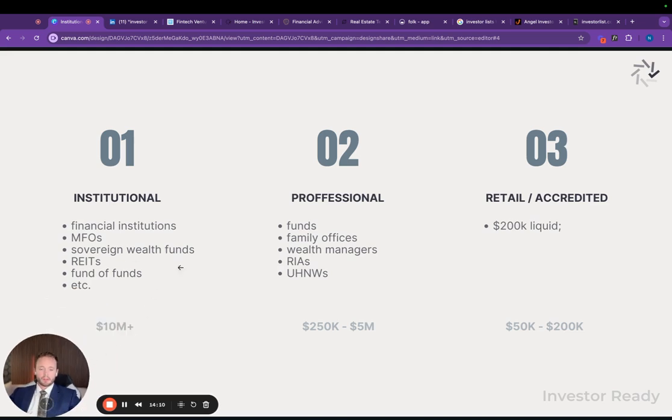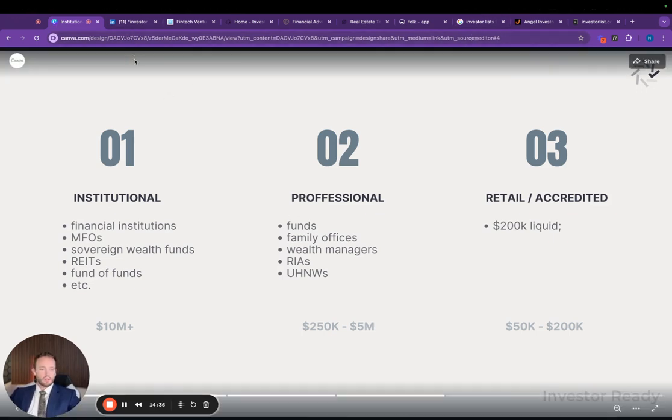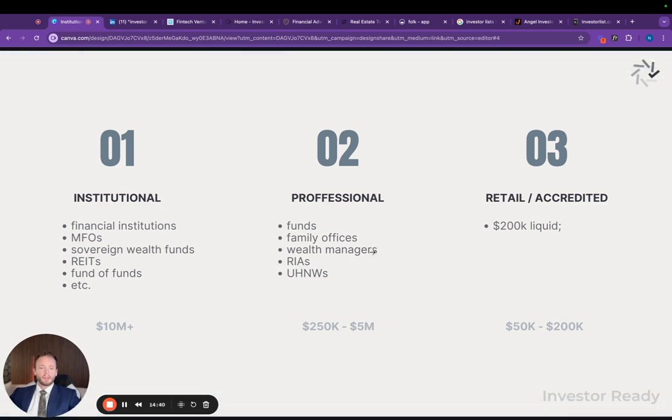The types of investors specifically that I categorize in 3 groups: institutional, professional, and retail. If you're going after retail, this isn't going to work. But if you're going after professional and institutional, these are people that you could find and identify, right? You can literally Google family offices in Utah, family offices in Connecticut, right? Figure out who some of these people are. And there's going to be a few that you'll get. Then you'll take those over to LinkedIn and do some more digging. Then you'll connect with the CFO or the founder, whatever it is, establish some of these relationships, right?